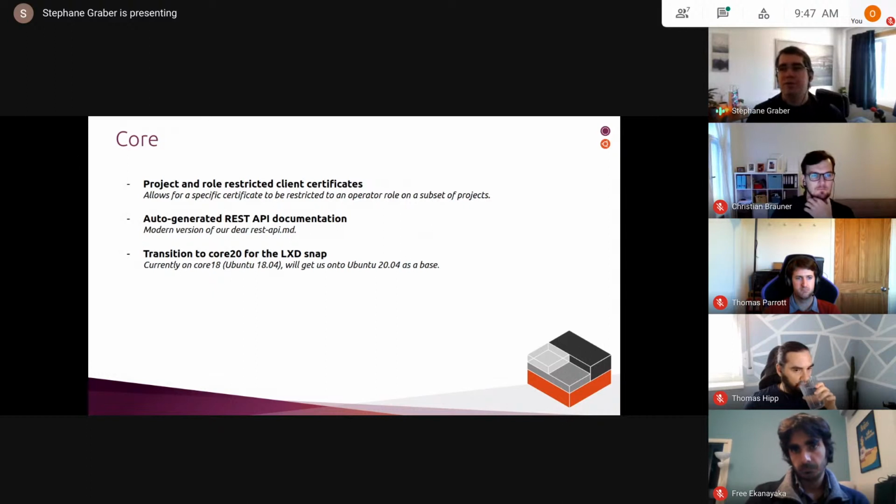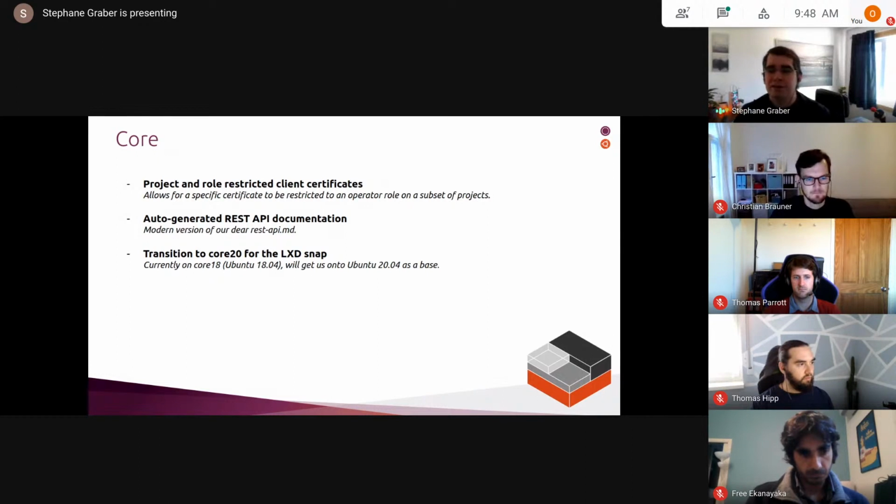There is something that kind of looks like a standard around that, and so we should be able to just annotate functions in the code, both in our existing API package and inside the LXD API handlers themselves, so that the documentation can be generated from that instead of being something we need to manually update every time. So it's going to force us to write better comments, but the result should be always up-to-date API documentation. And lastly, we need to switch to core 20 for the snap that we maintain.